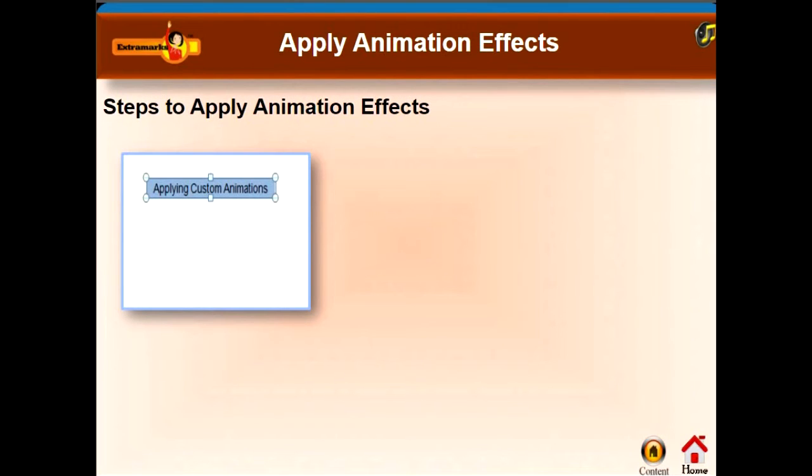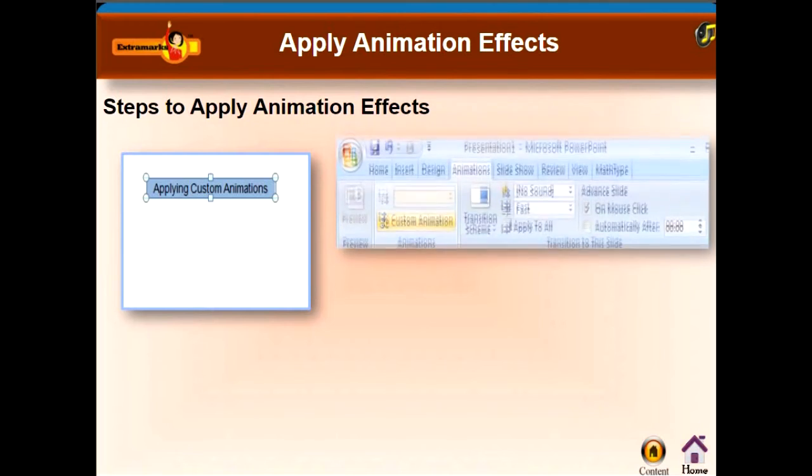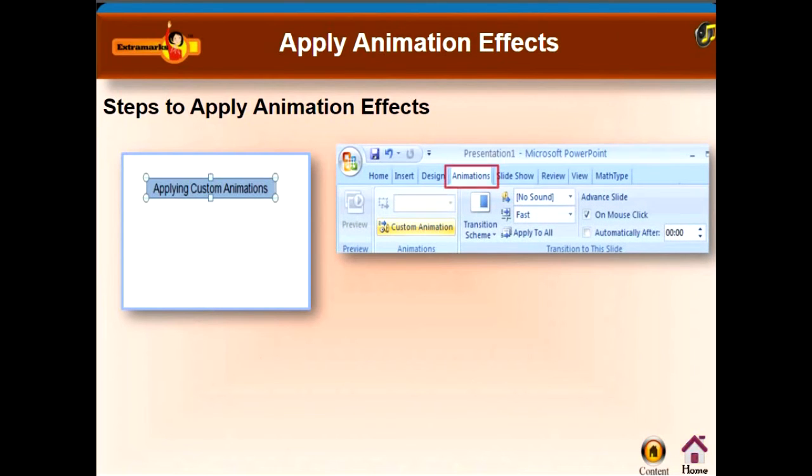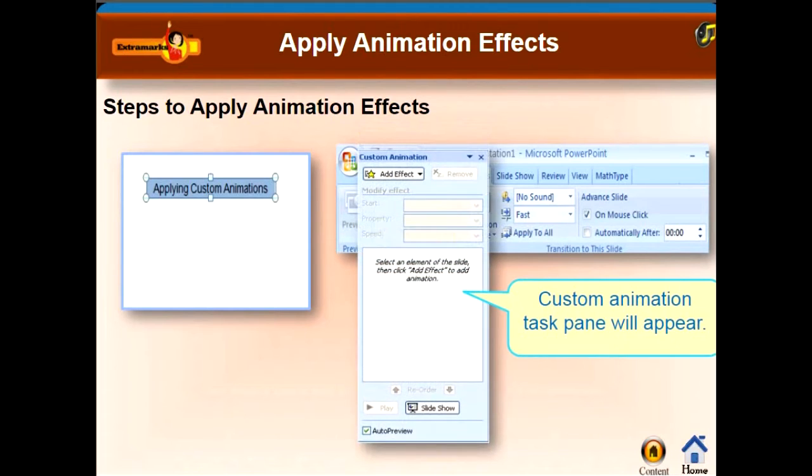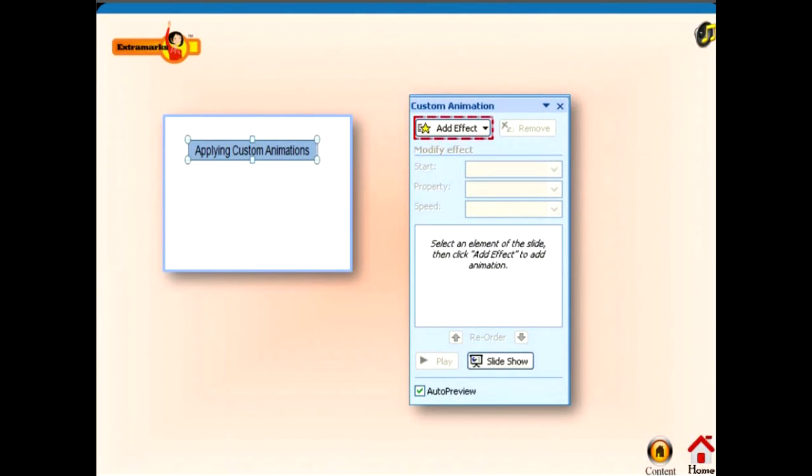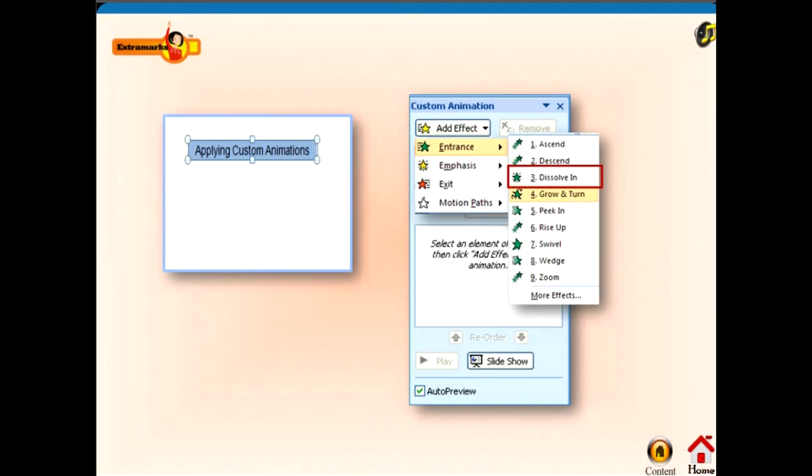Follow the steps to apply animation effects. Select the object, go to the animation menu, then click on custom animation. The custom animation task pane will appear. Now click on the add effect button, then select the mode of animation, then select the desired animation style.